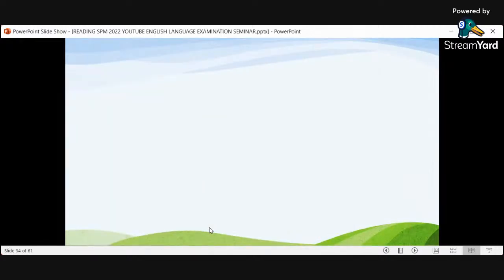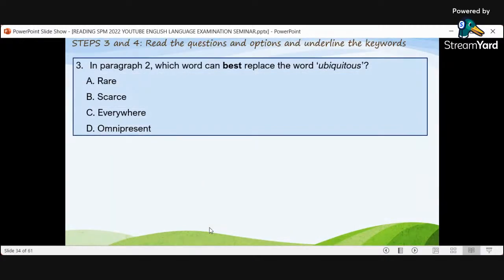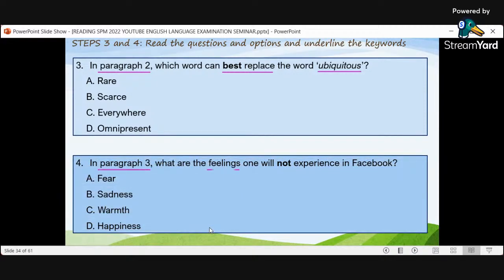So let's look at number 3. In paragraph 2, which word can best replace the word ambiguous? Alright, so if you don't know, it's fine. When you put in the word A, B, C, or D, you will know what the answer is. In paragraph 3,